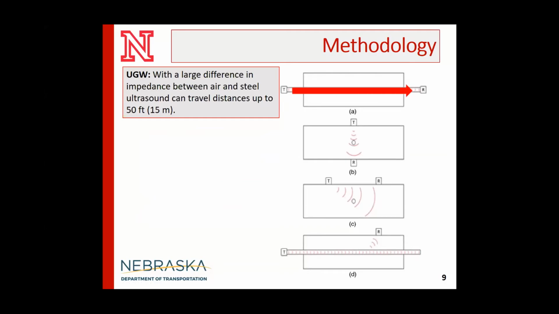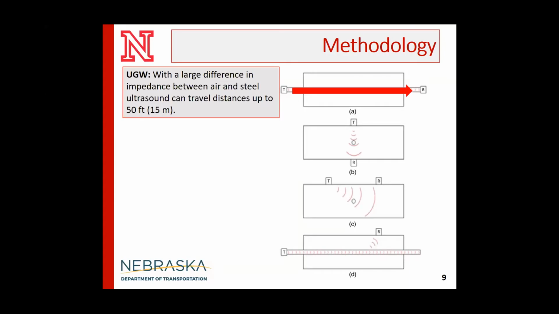Ultrasonic guided waves is the idea where you put the transmitter, denoted by T here, on one end of a straight linear element. We call it the waveguide. And you measure at the other end. So imagine this being a steel pipe. Then you have an expected data attenuation based on one material, and because the difference in impedance between air and steel is really high, most of the energy stays in the steel, and you can go long distances. So this has been used to inspect things like steel pipes